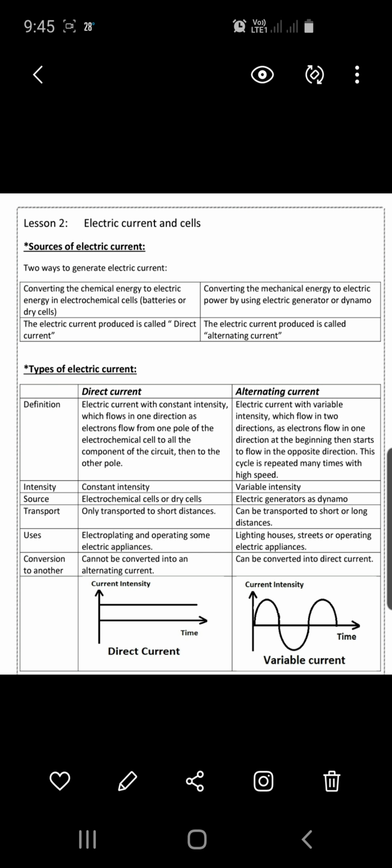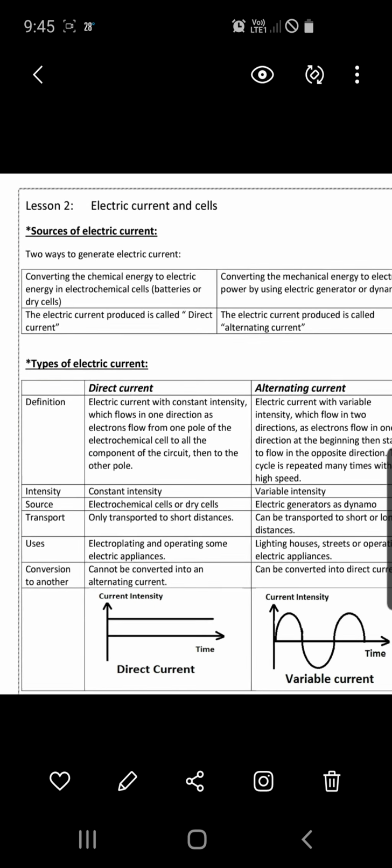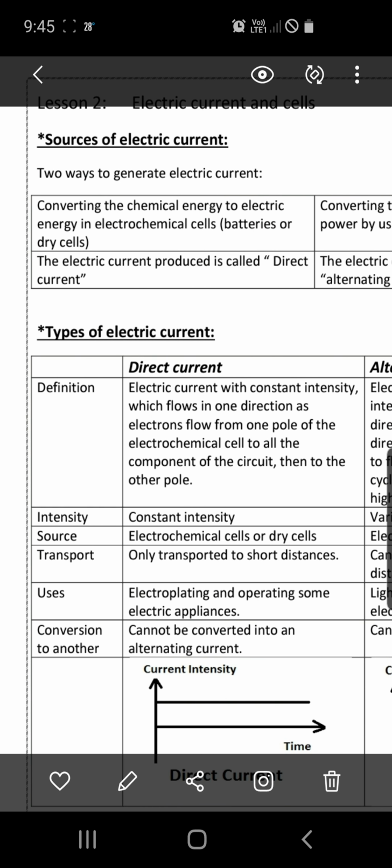We can say that the electric current is a flow of electric charges, negative charges, which is electrons, the flow of electrons through a conductor. This electric current can be generated by two methods or by two ways. The first way is converting the chemical energy into electric energy. From chemical energy we can get electric energy, and this is made by electrochemical cells, which are called batteries or